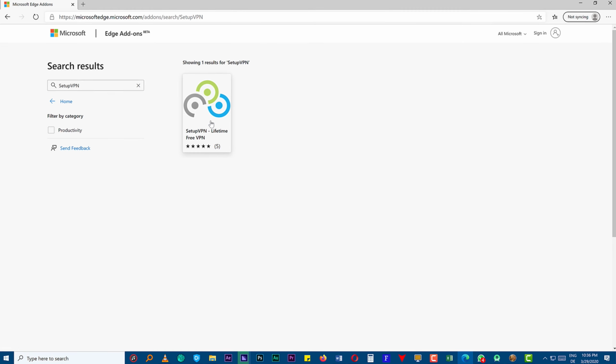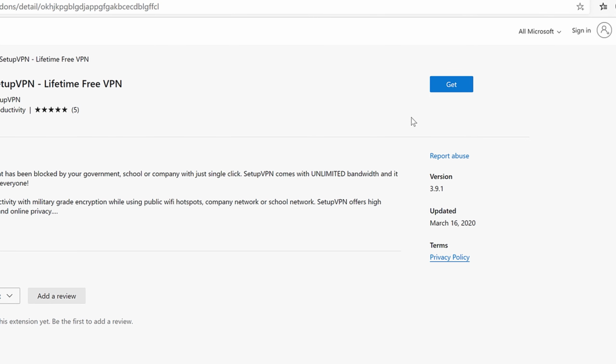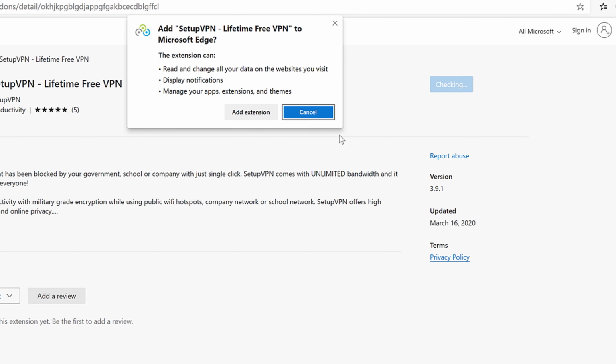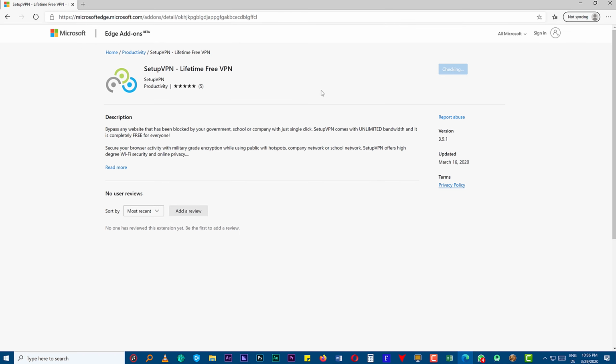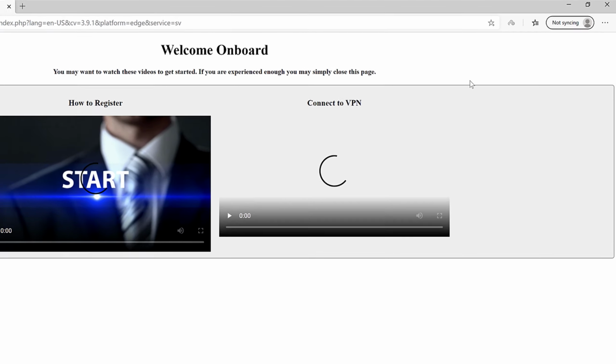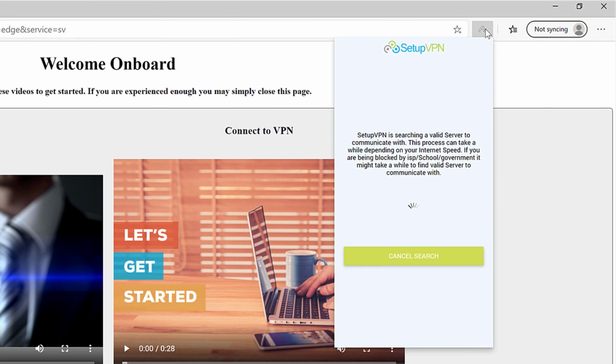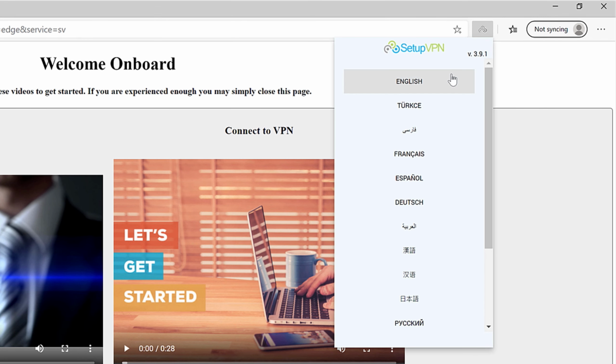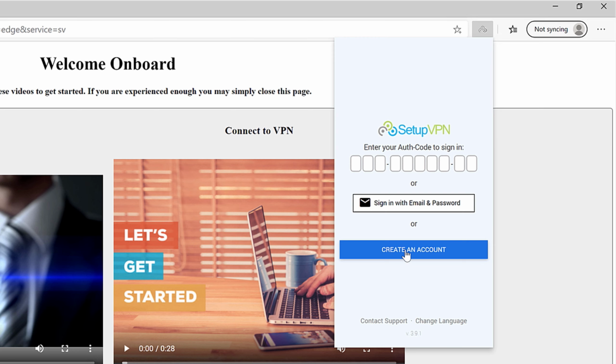Click on it and Get. Add extension, and now it's up and running right here in your browser. Just choose your language, create an account,